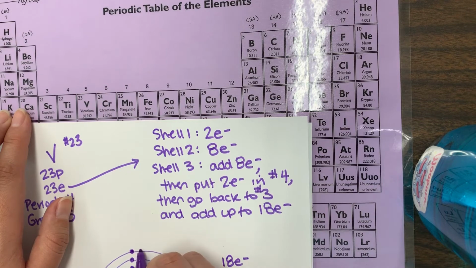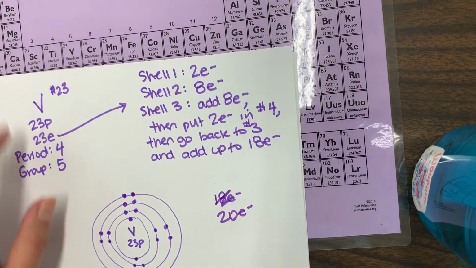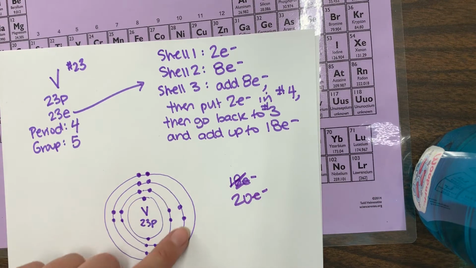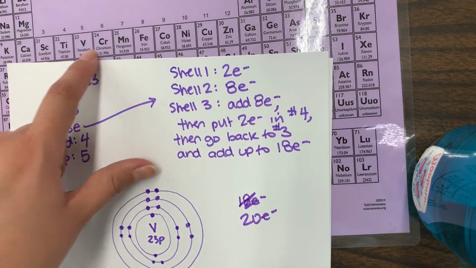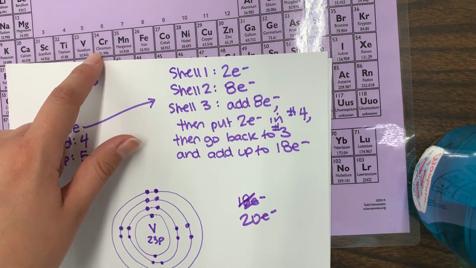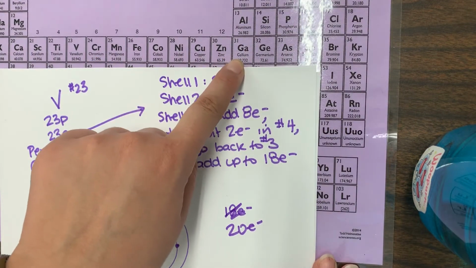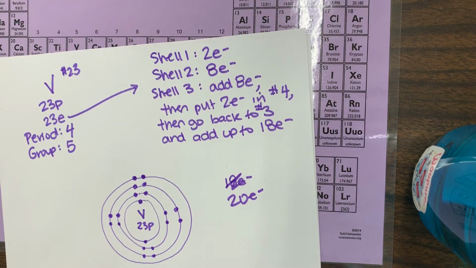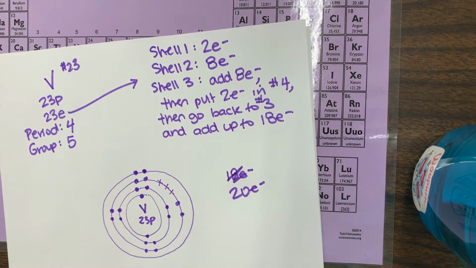So I'm going to put them up here. Now, how many electrons do we have left? We've got 20 so far. We need 23, but we don't want them to go here. We don't want them on that outer layer because our periodic table tells us that we're not supposed to have 3 valence or outer electrons until we get to this number here. So we're gonna hide them in the 3rd shell. So I'm gonna go back and put those extra 3, 1, 2, 3,